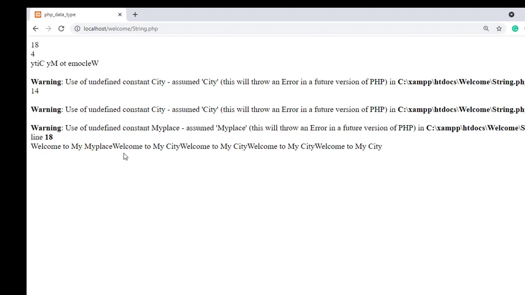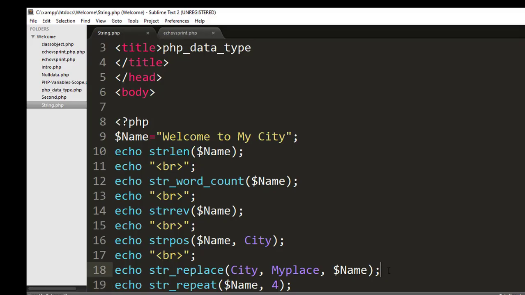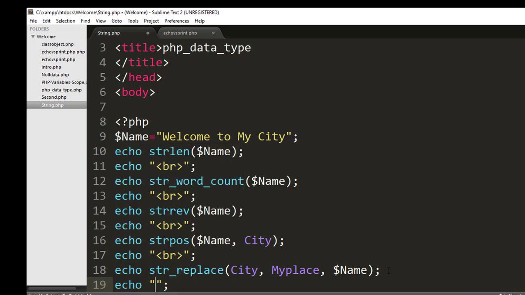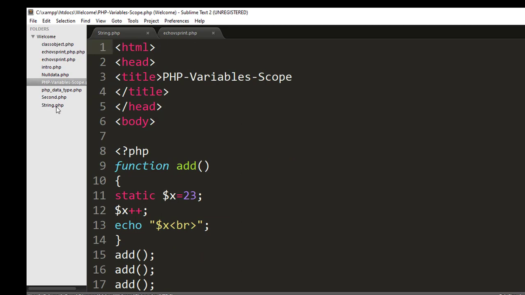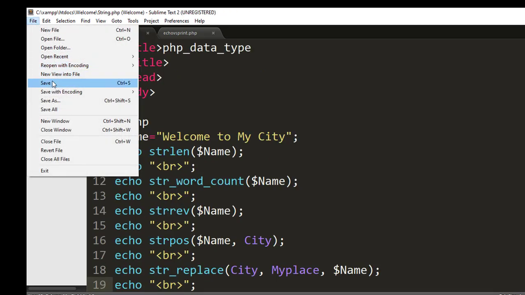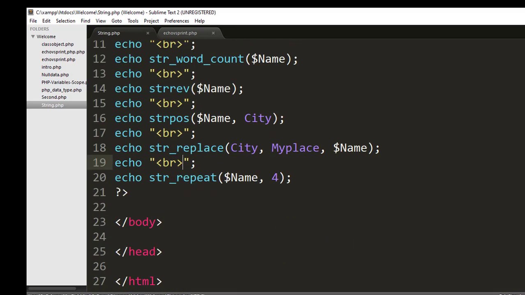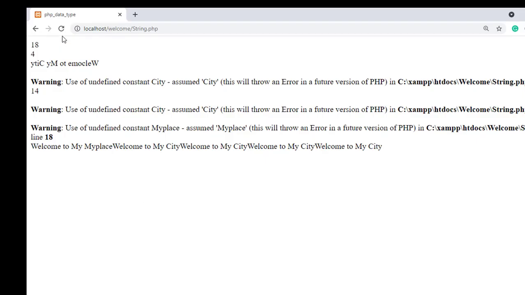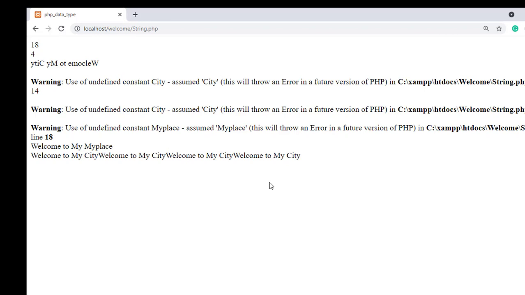It will print multiple times, so put br here with echo so each prints on a new line. Save and run. I'm using the repeat function, and it prints 4 times: welcome to my city, welcome to my city, welcome to my city, welcome to my city.